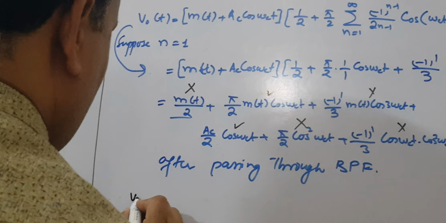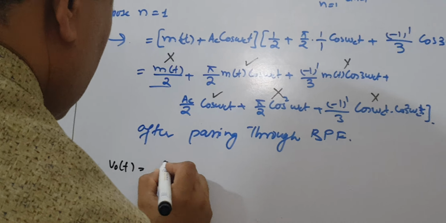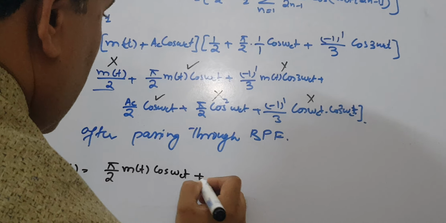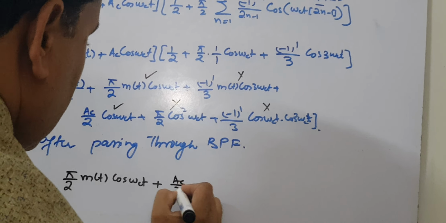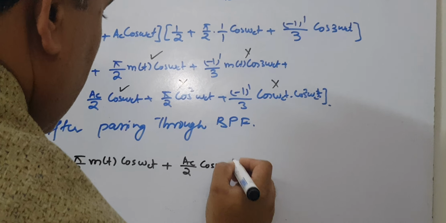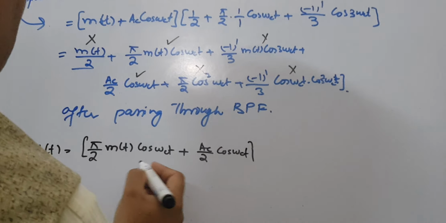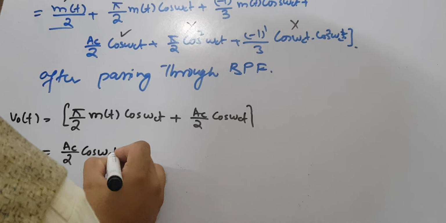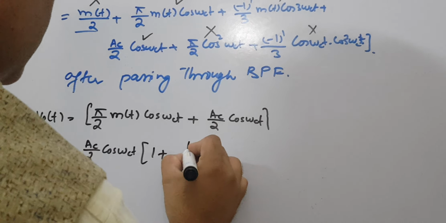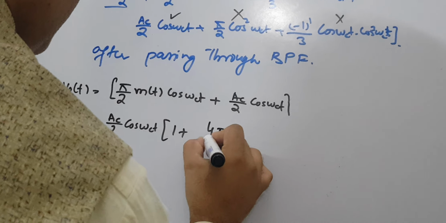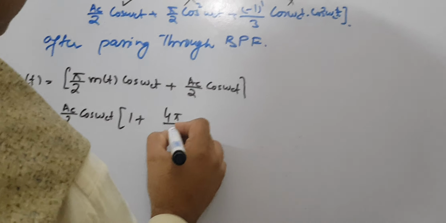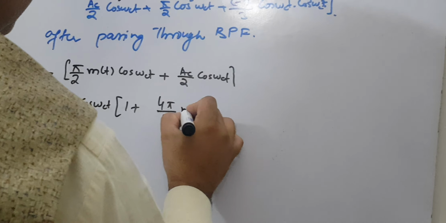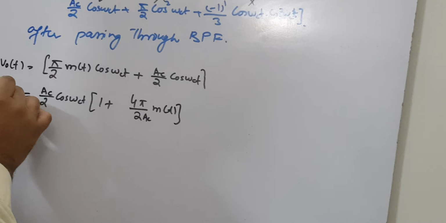So after the band pass filter, your output will be equal to π/2 m(t) cos ω_c t, and then plus this one is A_c/2 cos ω_c t, and you can take out the common A_c/2 cos ω_c t [1 + (4/(π A_c)) m(t)]. So this is the output,